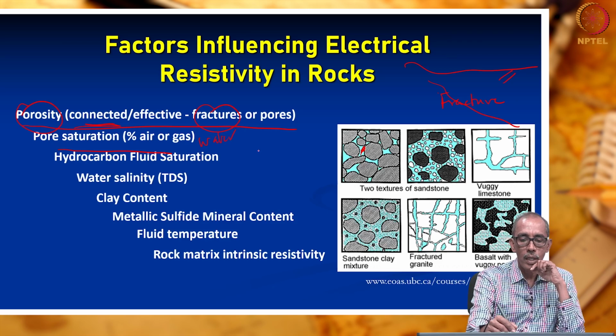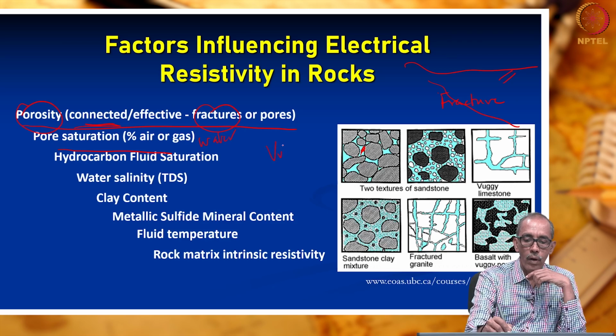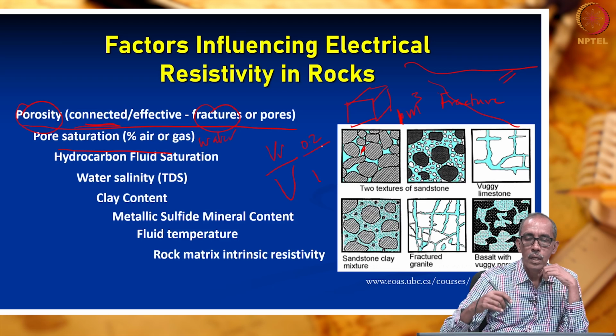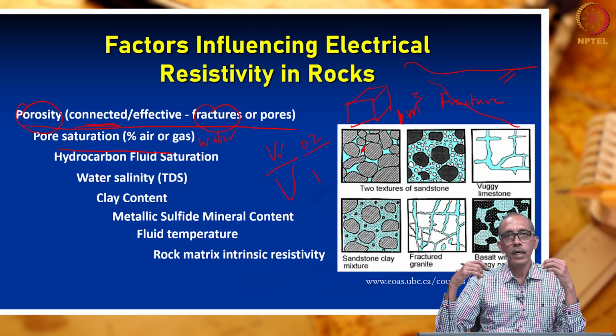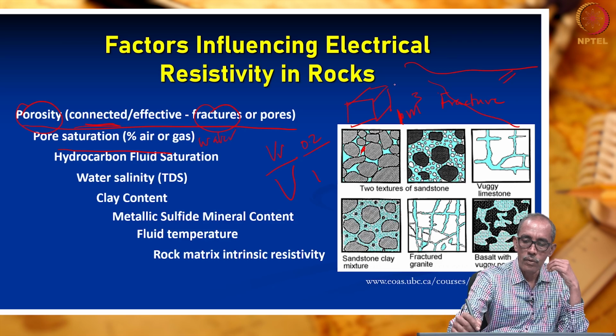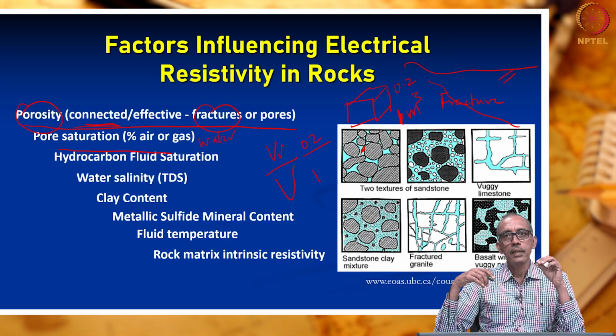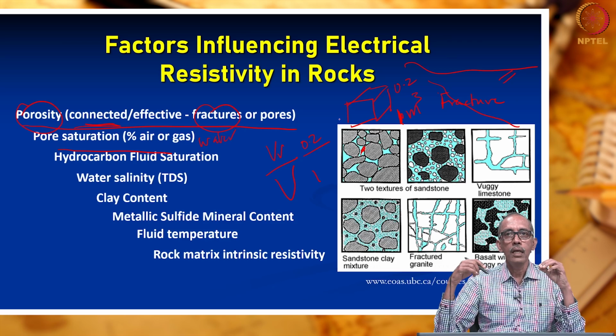So, what is porosity? Porosity is the ratio of volume of voids to the total volume. Okay, suppose I take an elemental cube, right, let us assume it is 1 meter cube, so total volume is 1 meter cube. Out of this, volume of voids is 0.2 meter cube. Then porosity is 0.2 divided by 1. Porosity of this is only 0.2. That is what is porosity, right? Which means this material can hold only 0.2 cubic meters of water.